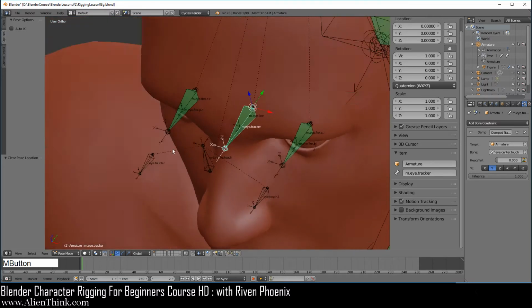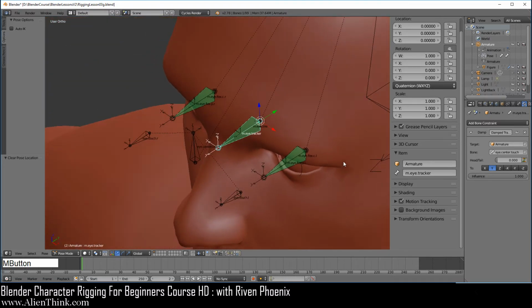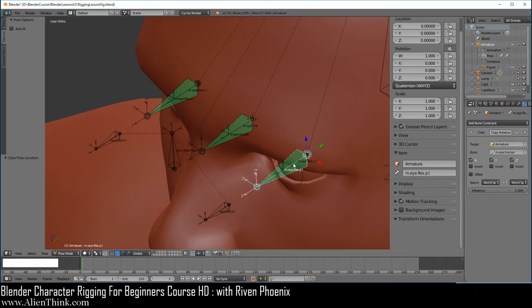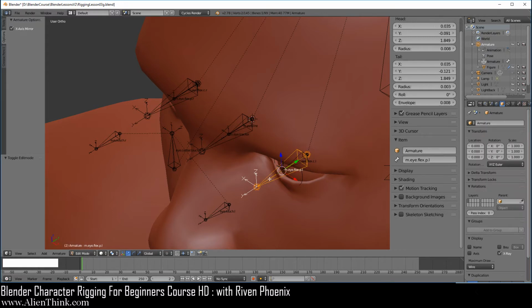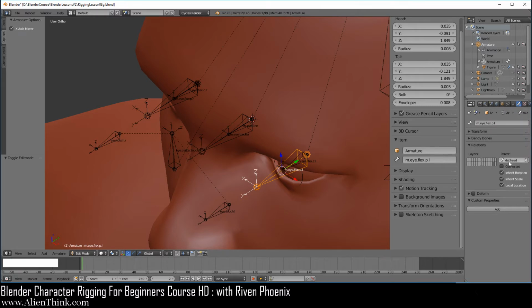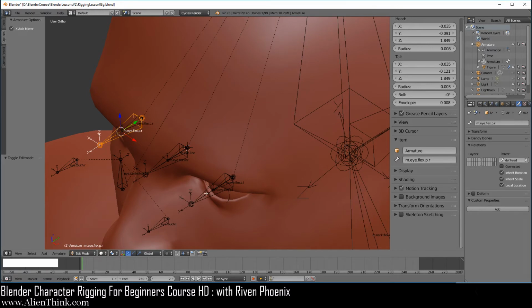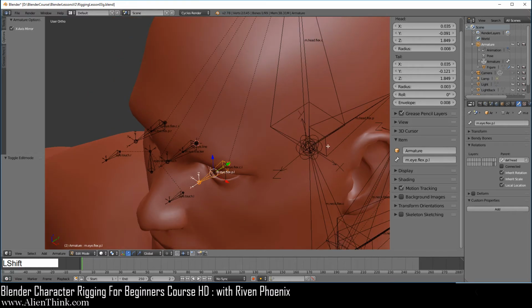So now what we're going to do is fix the parent-child relationships between these new bones that we've created, okay? So let's go ahead and switch to edit mode. So if we click over here, you will notice that if we go to the bone tab, this is saying the parent is dev head. If we click over here, this is dev head, and if we click over here, this is dev head. Okay, so what we need to do is fix that. We need to make sure that the parent for this bone is the